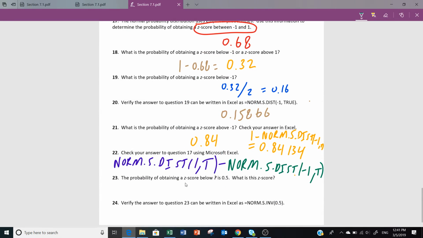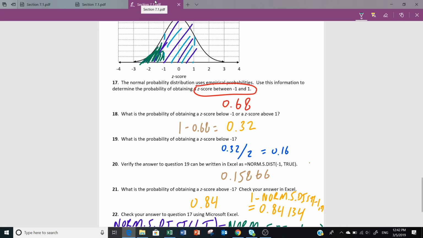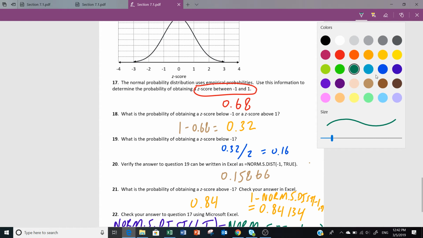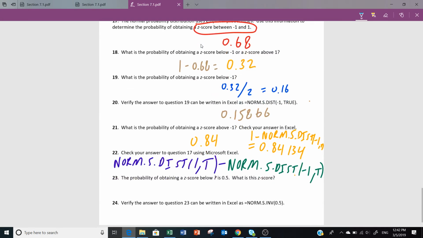Okay, lastly, the probability of obtaining a z-score below blank is 0.5. What value is the area to the left, 0.5, or half the graph? What z-score here is going to have half the probability to the left? Good. This is the z-score where we look at this area here, and it's exactly half of the graph. So what's the answer? The question mark, or the z-value, is